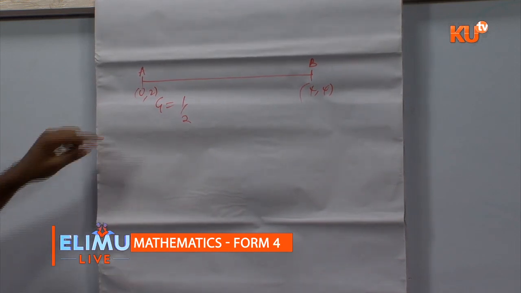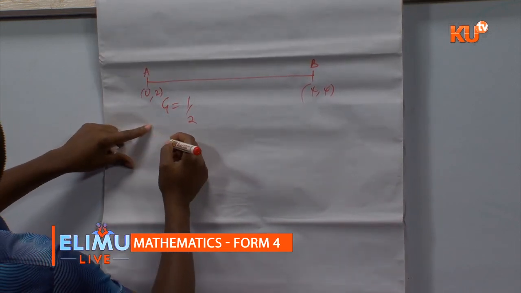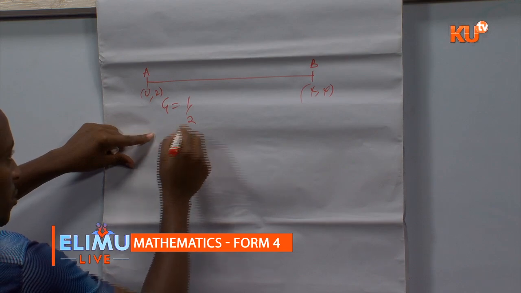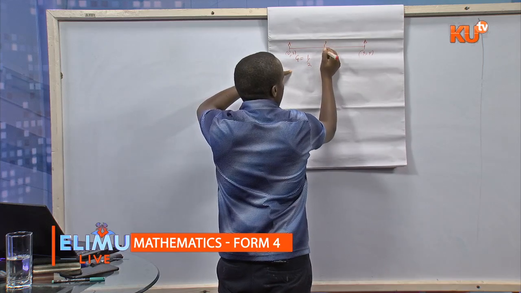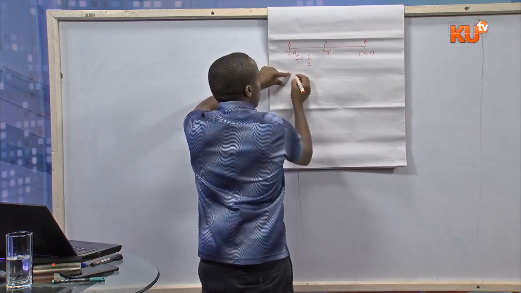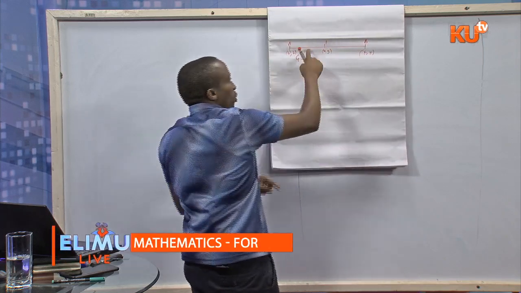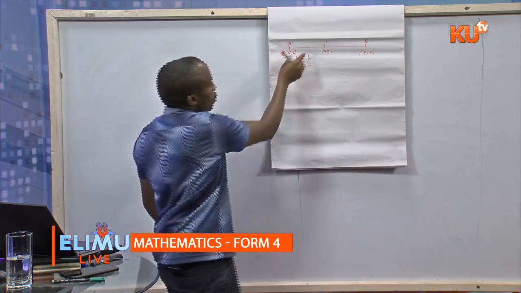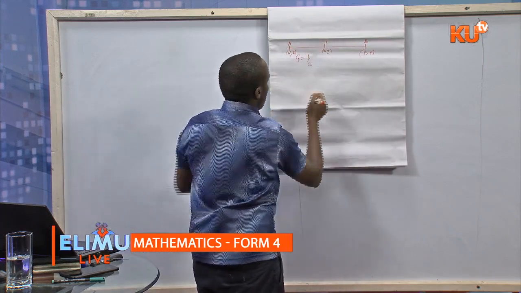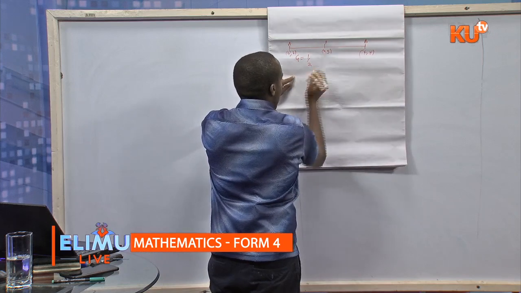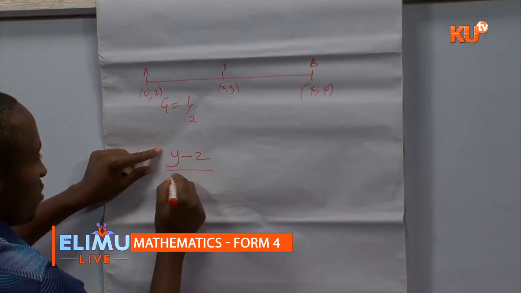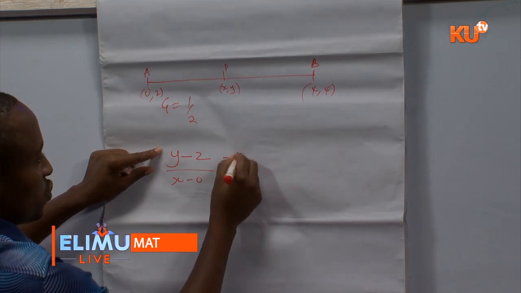Having known that, we know that another point P there is x, y. So we let another point, any point on this line, be x, y, because all the coordinates of this line can be known. So we take y minus 2 over x minus 0